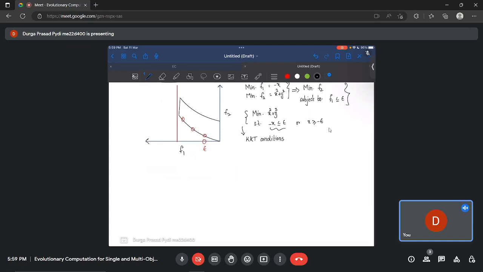So let's just write them out. For this particular case, you define some function L. You want to minimize the function x square plus y square. Previously, we have seen that for this, you need to convert your inequality constraint to less than or equal to 0 form. So this will be minus x minus epsilon less than or equal to 0. So it's u1 times minus x minus epsilon. And then you have certain other conditions, which is essentially u1 times minus x minus epsilon should be equal to 0, and you also have another constraint which is u1 should be greater than or equal to 0. This set of all three conditions will give us